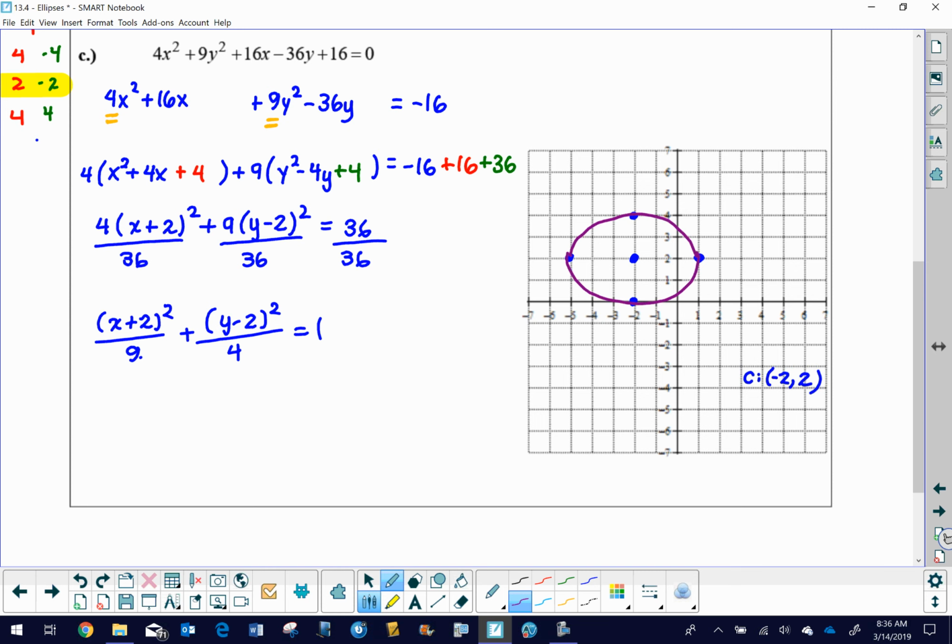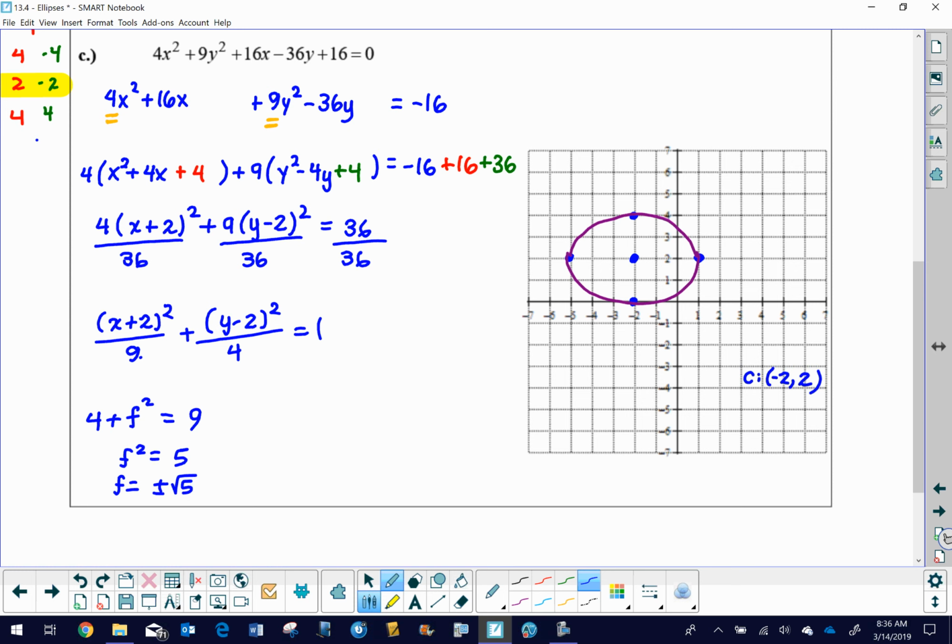And then the only thing left for us to do is to identify the foci. So again, we're going to rely on our formula. Our formula says take the smaller of these two values, 4, add it to f squared, and set that equal to the larger of those two values, 9. So as you can see, f squared will be 5, which makes our f the square root of 5 plus or